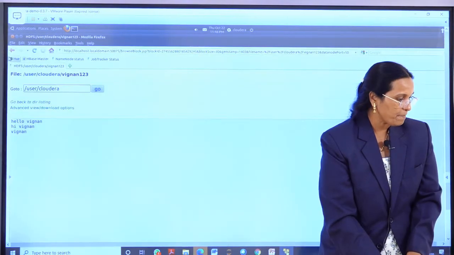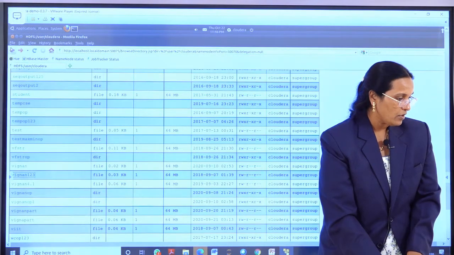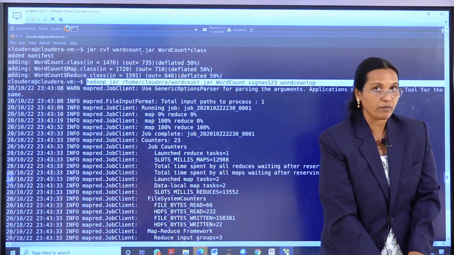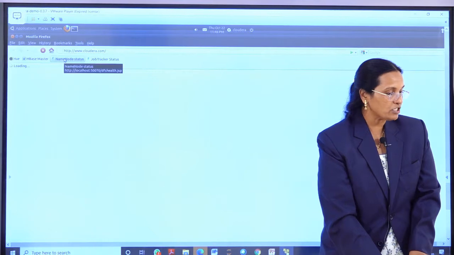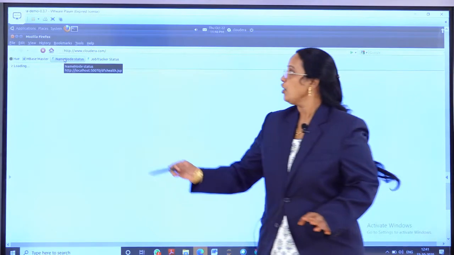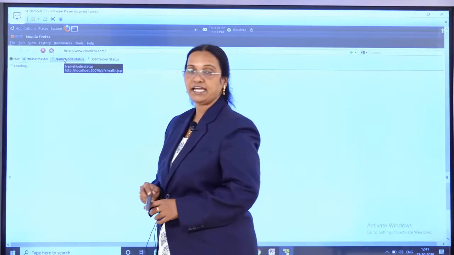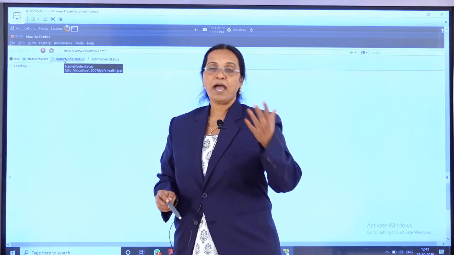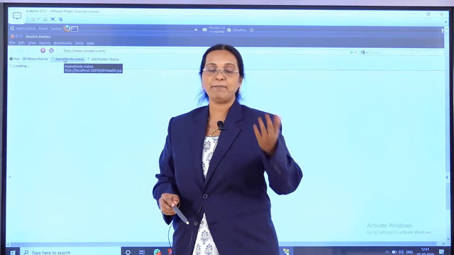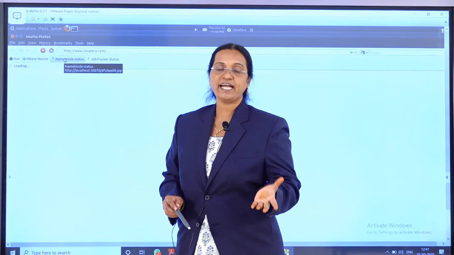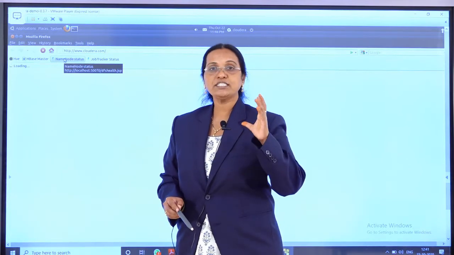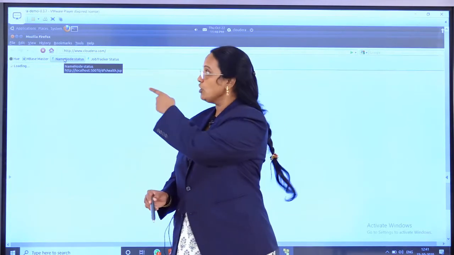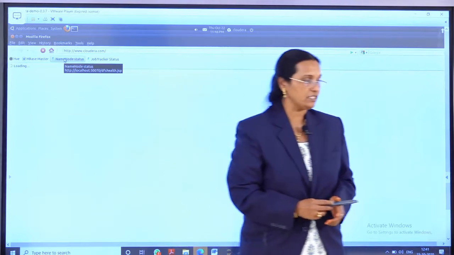You can see here, or again you can close this and again open the browser window for a better understanding. Name node status, as you can see here, you have the name node and job tracker status, which you have learned in the map reduce coding aspect. What is the role of job tracker, what is the role of task tracker, what is the role of name node, all those things. So you can see here practically all these things.